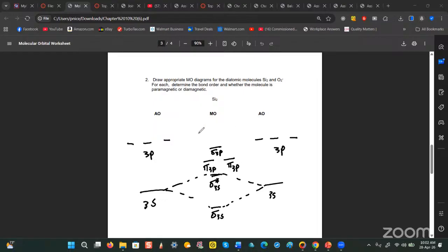And then up here, we're going to have the anti-bonding. So I'm going to have pi anti-bonding 3p, pi anti-bonding 3p. And then unfortunately, I have to just do this here. This will be sigma anti-bonding 3p, all right? So just to show you the associations in this case,